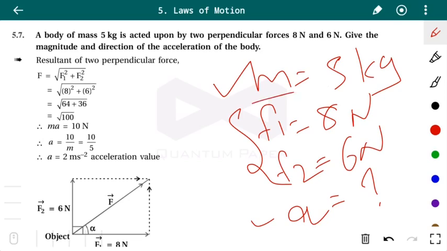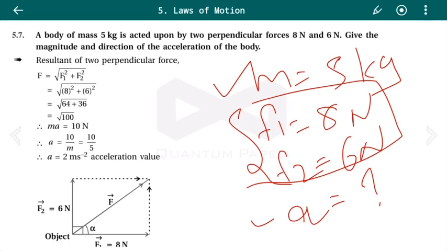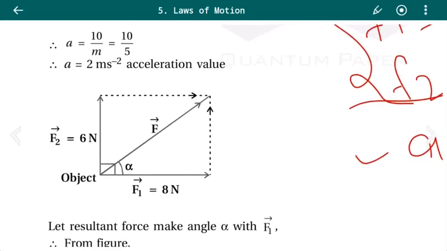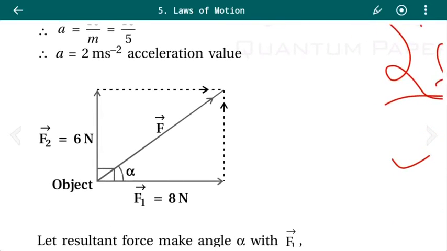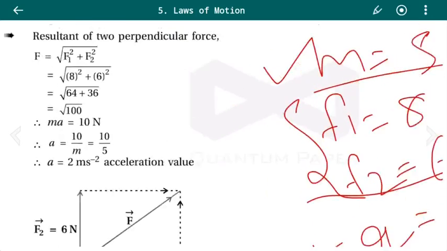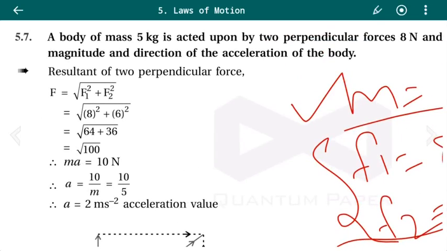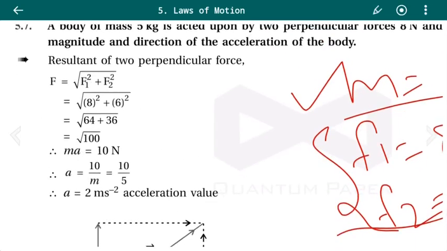But here we are having two types of forces. So first we will be finding the total force, and then we will be using the equation F equals ma to get the value of a. So here, as you can see in the figure, these two forces are perpendicular. So from this we can take the magnitude of the total force, that is under root of F1 square plus F2 square,